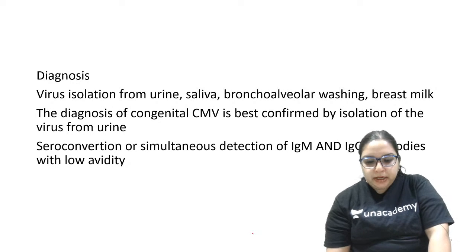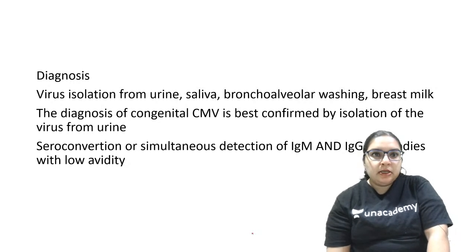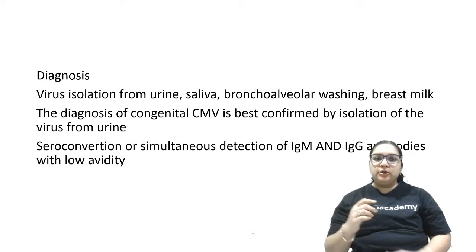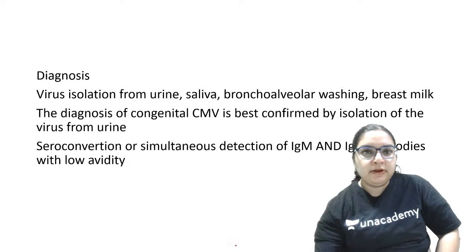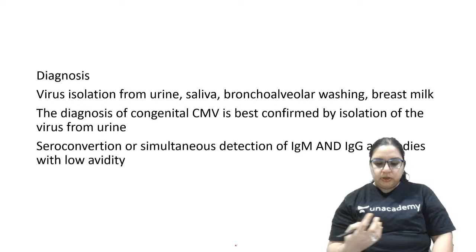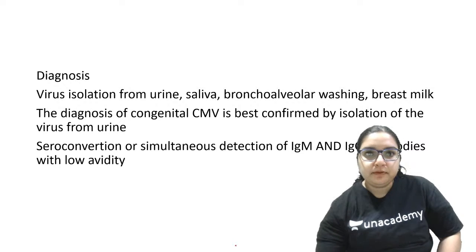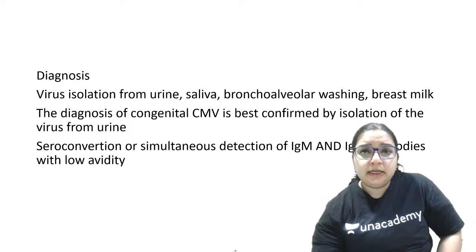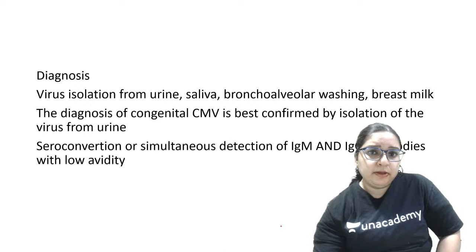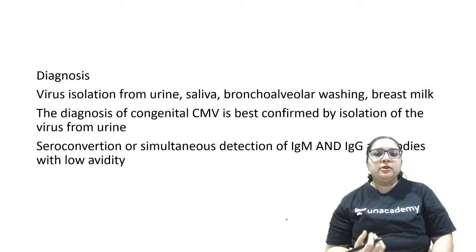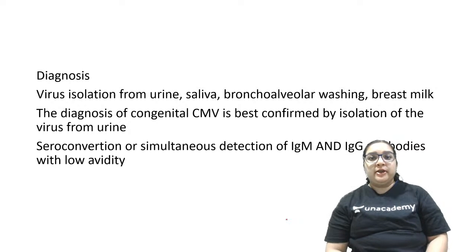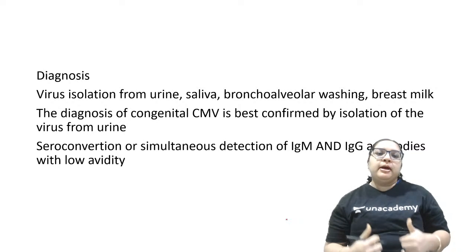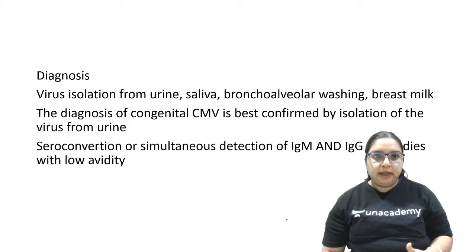Okay, now coming to the diagnosis. So the virus isolation here also, the best is from the urine. Now here we don't have the nasal on the top of this list, just like rubella. Here we have urine, right? Then comes saliva, then bronchoalveolar washing, and the breast milk. Okay, now the diagnosis of congenital cytomegalovirus is best confirmed by the isolation of the virus per se from the